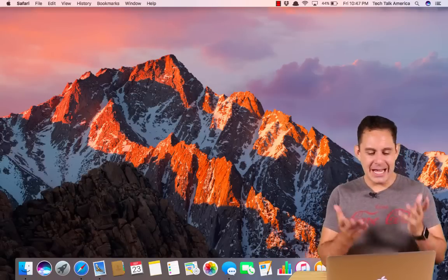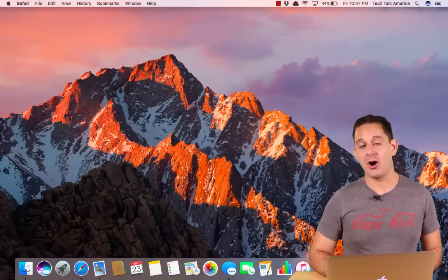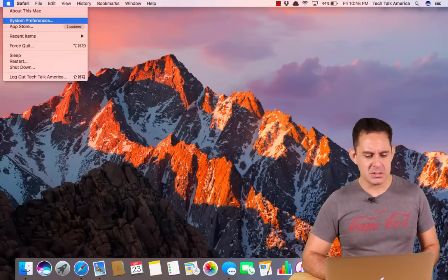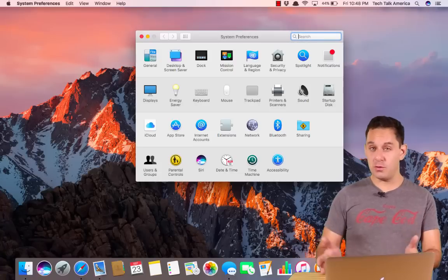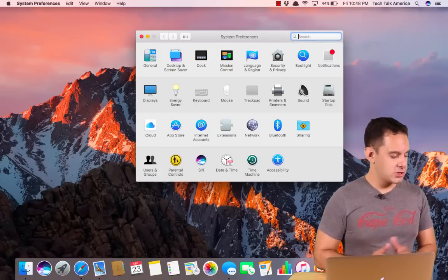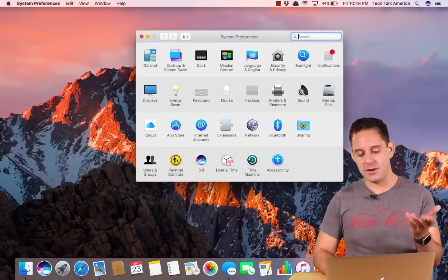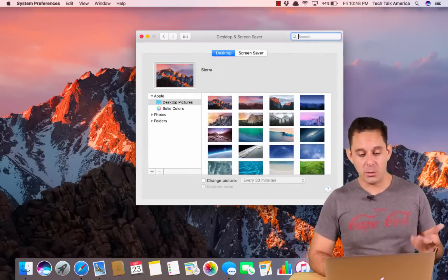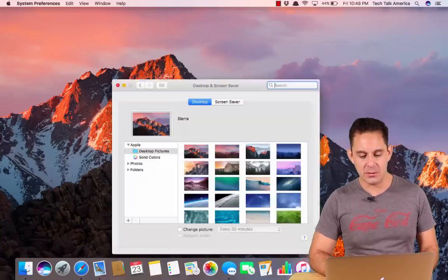The next features that we're going to go over are all in System Preferences. So let's go here to System Preferences, Apple Menu, System Preferences. I'm just going to go over a few of the little changes that you're going to find here, starting with Desktop and Screensaver, which I'll just mention here. They give you two new wallpapers that you'll find here. One is the one you see on my screen here. The other one is